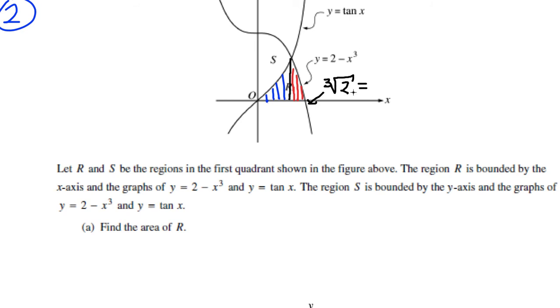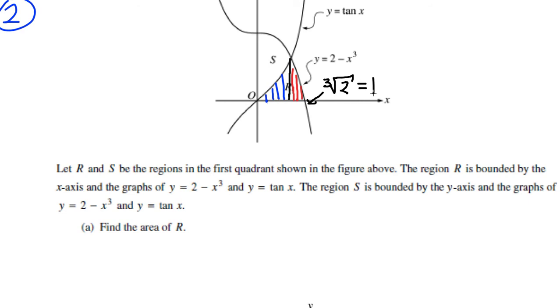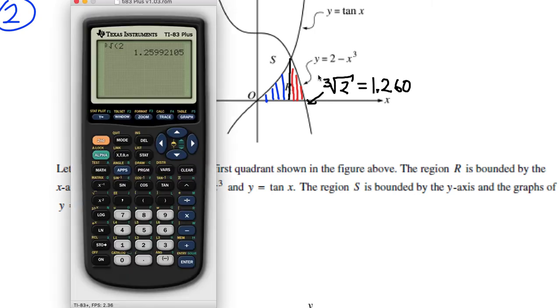And I'll have the decimal approximation in a sec, because I don't know that off the top of my head. So what is the cube root of 2? To do the cube root, you can do math and come down here to 4, or you can do any root with 5, but I'm going to do 4. Cube root of 2 is approximately 1.260. And that intersection between tangent of X and that function, I don't know, so I'm going to come here